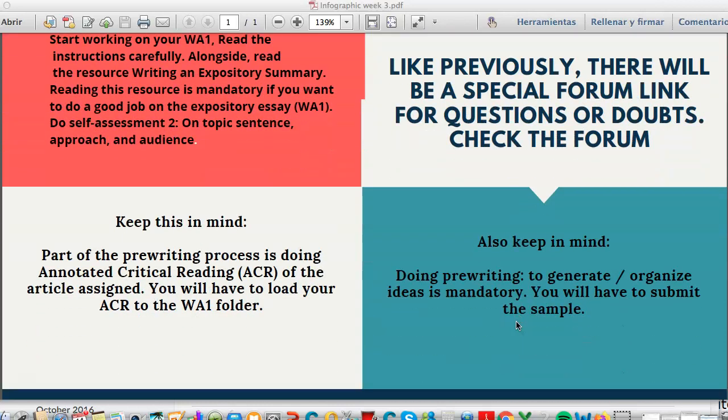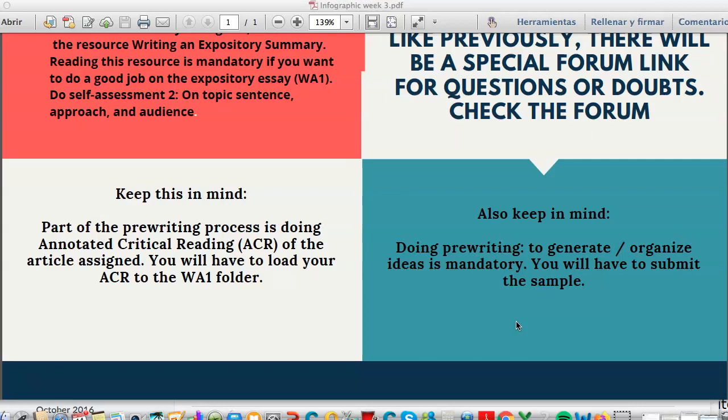You may want to keep in mind that part of the pre-writing process is doing annotated critical reading. This means that with the article that you're reading, you have to write on it. You have to make marks on the article. I call the annotated critical reading our fingerprints on the article. So you're supposed to highlight ideas, write down ideas on the side, ideas that show the relevance of the article, the ideas presented by the author. So you have to do some annotated critical reading,